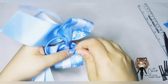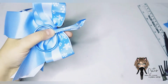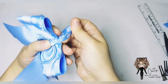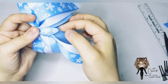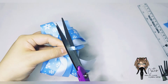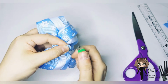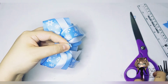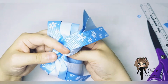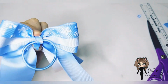I'm going to take that to the back of our bow. Hold that down a second. Just going to get rid of those glue stringers that are hanging out back there. And then we twist this round. That's going to be a bit much, so I'm just going to cut that down a little bit. I normally start about 3 inches and then you can cut them down if your bow's less bulky. Obviously, if it's still a little bit bulky, the longer length helps because it'll still wrap round. It's always best to cut a little bit longer and go down than cut a little bit short and not have enough. And again, on the plain side of the ribbon,